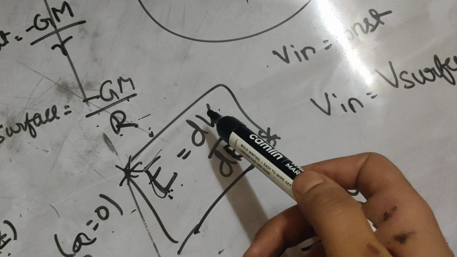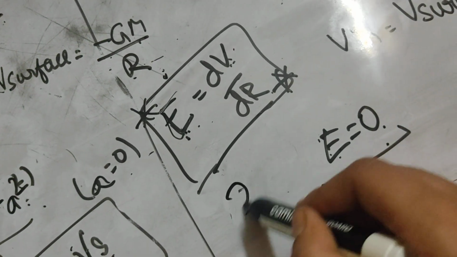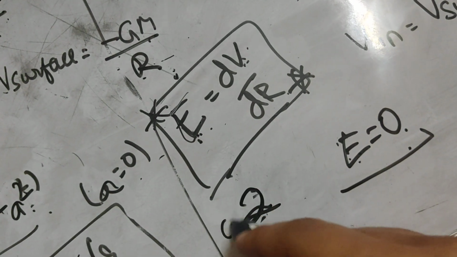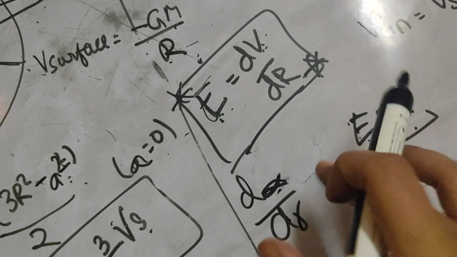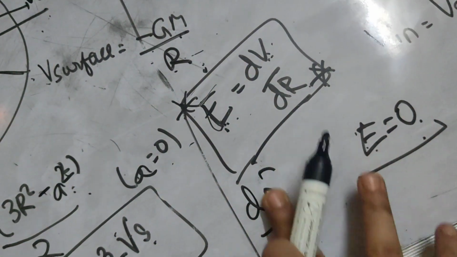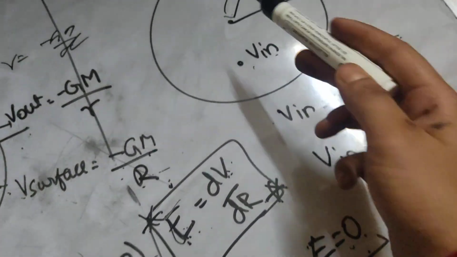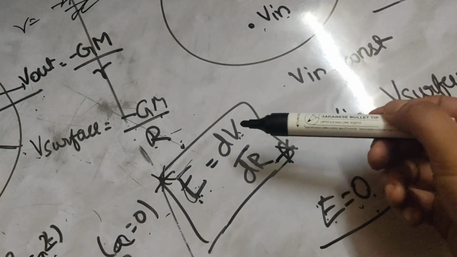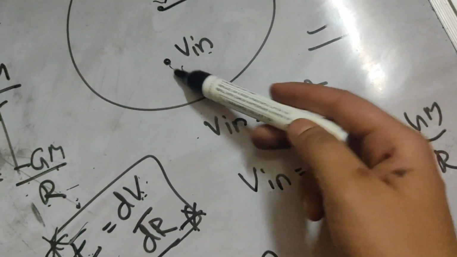When a constant's differentiation is done. For example, 2 is there. This 2 is a constant value. If I do differentiation of this constant value with respect to anything, with respect to distance or with respect to time, whatever differentiation I do for this 2, the answer will be 0 only, because the differentiation of a constant is 0. Similarly, from this formula you can say that as E is turning 0, in the hollow sphere there is no gravitational field, meaning potential is constant, because differentiation of a constant is only 0. That's why we conclude that inside, potential will be